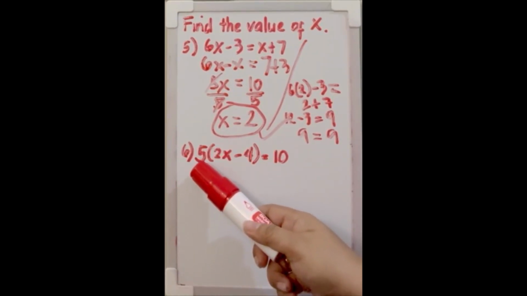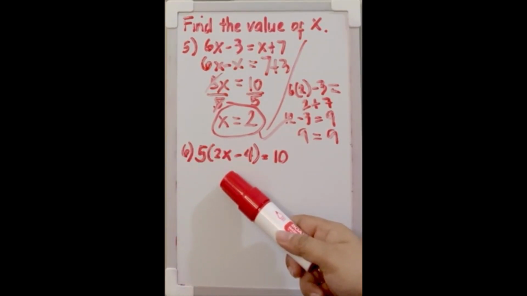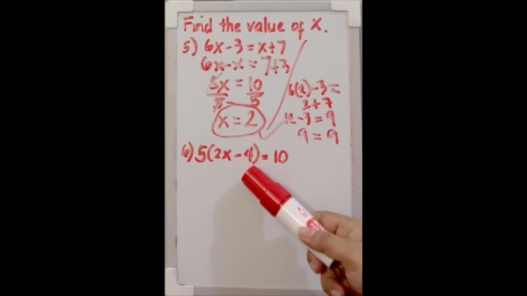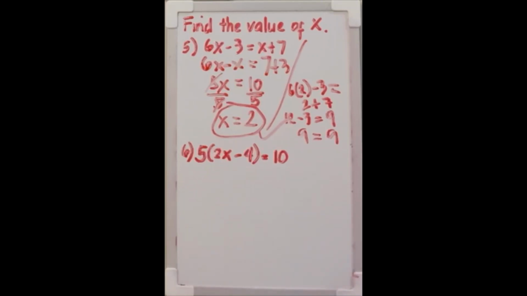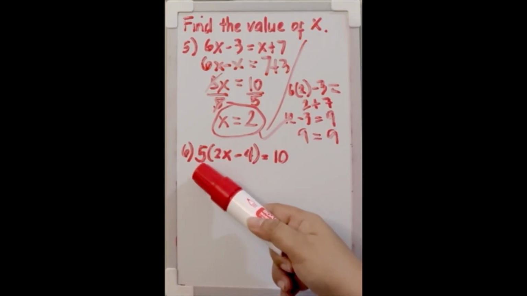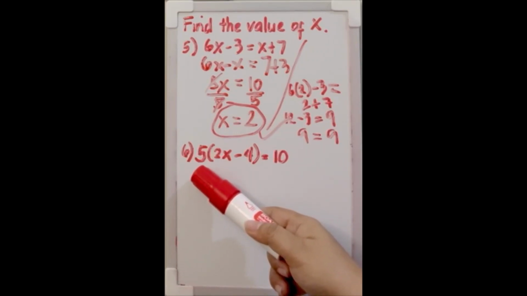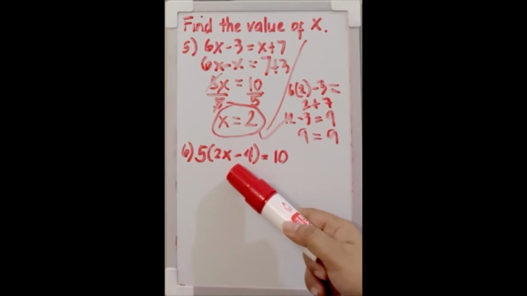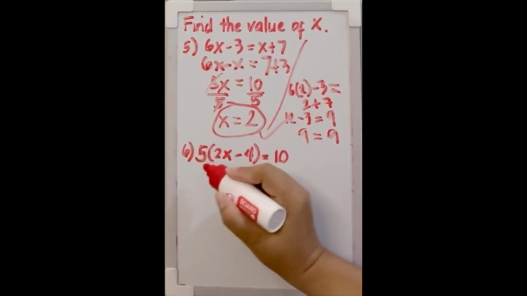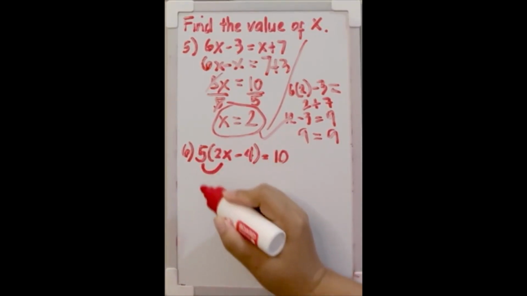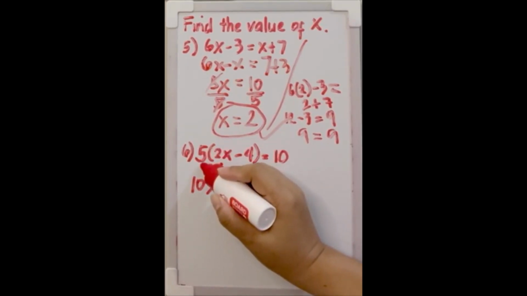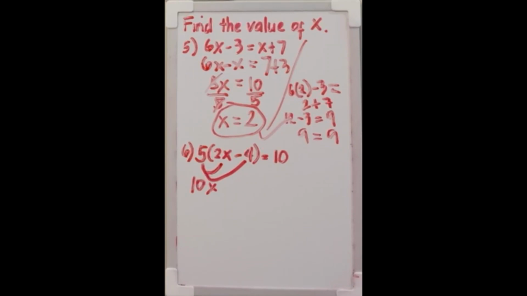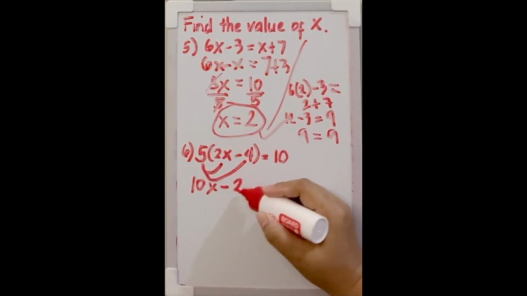Example 6, we have this equation 5 times the quantity of 2x minus 4 equals 10. Here we're going to make use of the distributive property in math. So we will be multiplying 5, the number outside the parentheses, to those numbers or variables inside the parentheses. So 5 times 2x, this is 10x. Next, 5 times negative 4, this is equal to negative 20,